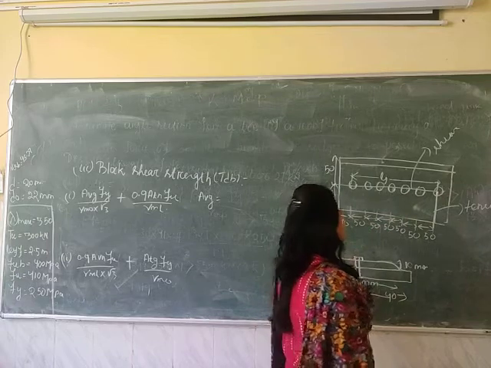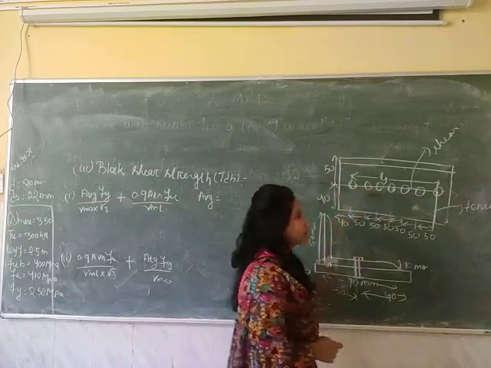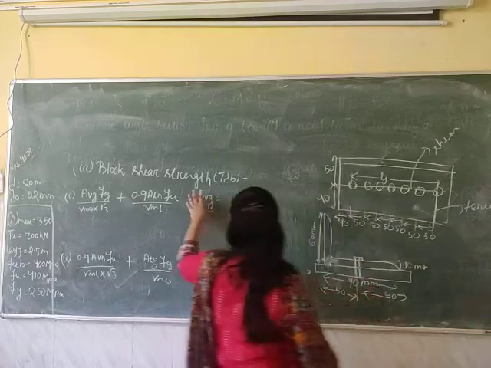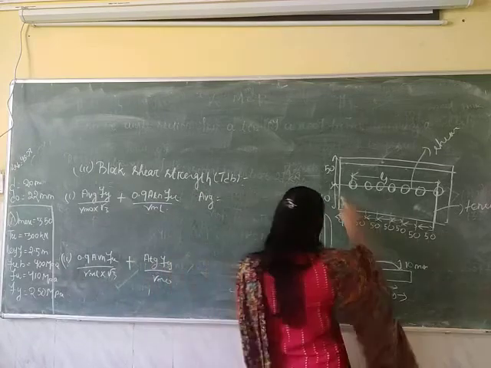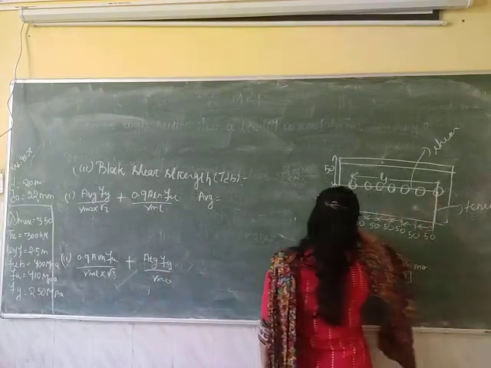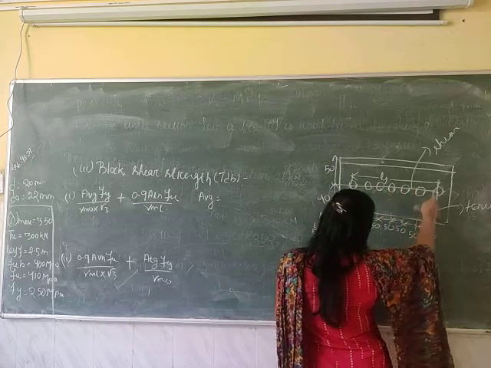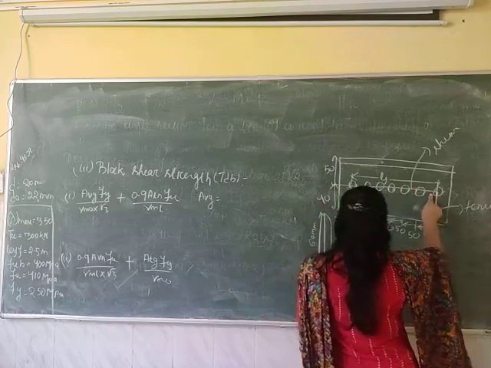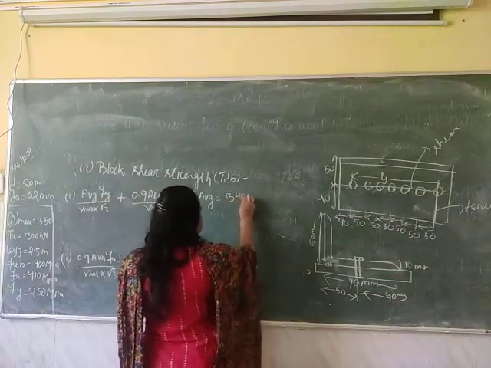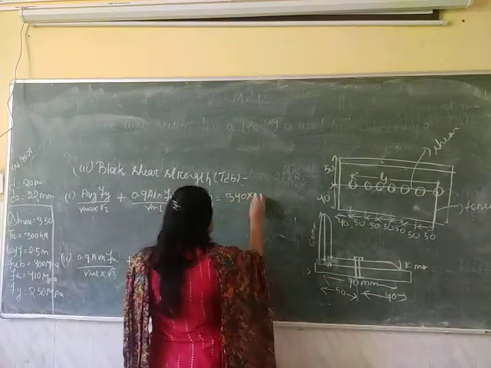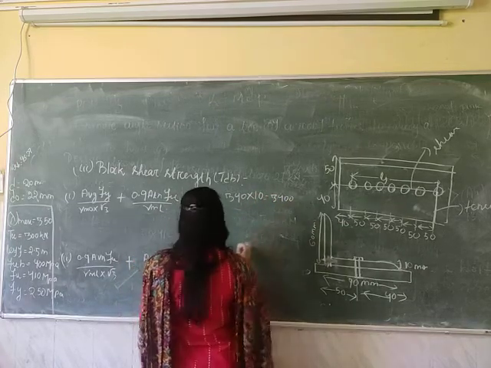There is no need to deduct the bolt hole dia. We have to calculate the gross area of this shear plane. So, this length is how much? This is 40, 50, 50, 50, 50, 50. This one is also 50. So, 340. Okay. So, the length is 340 and the thickness of the member is 10 mm. So, this is 3400 mm square.